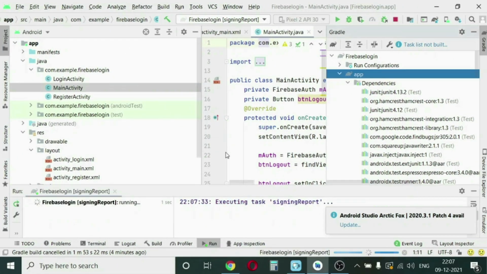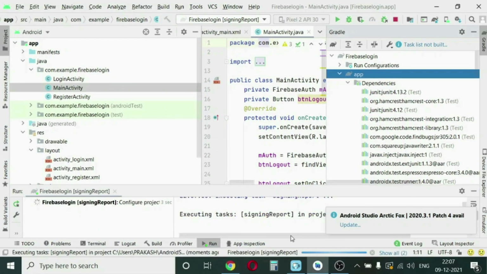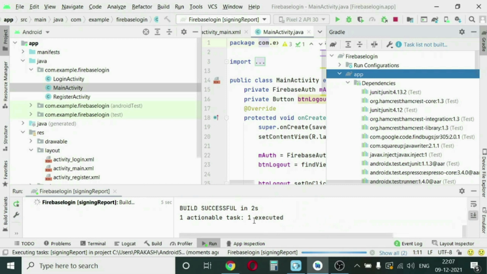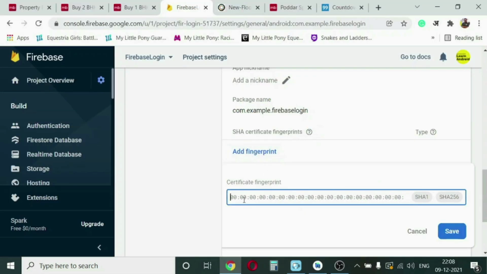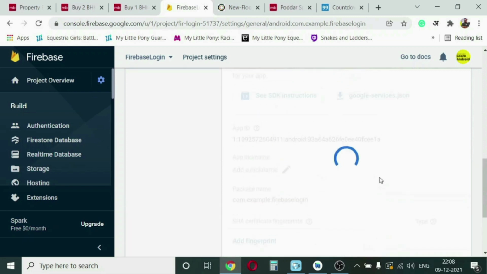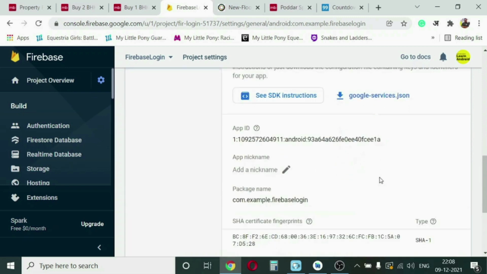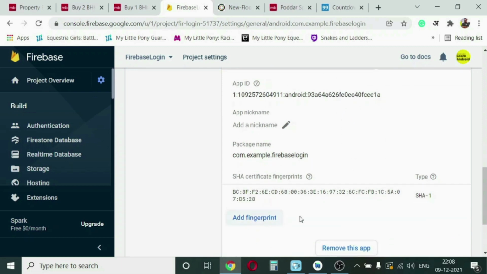Once you run it, you will see in the run window below there is SHA1 and there is SHA256. Please copy the SHA1, add fingerprint, paste it here and save. So your SHA1 is saved. There is a change in this actually. Earlier it was located differently, but in this latest Android Studio, this is the way to do it.